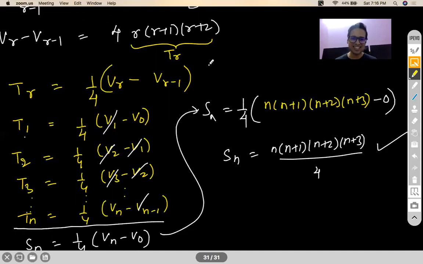If you have any questions, do ask. But this is an art, guys. Breaking it as a difference of two functions, the same function, one written in R, another written in R minus 1 or R plus 1, it's not easy to do. It comes with a lot of practice. I'll tell you what the formula actually is, Aditya. So this example is very much a part of a conventional approach. That approach is what I'm going to discuss with you.